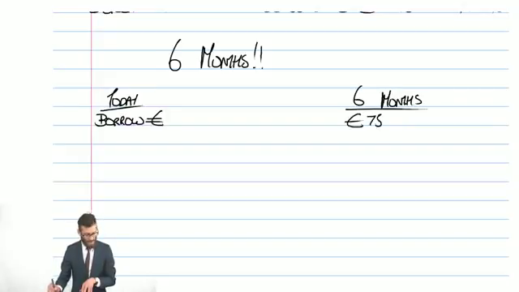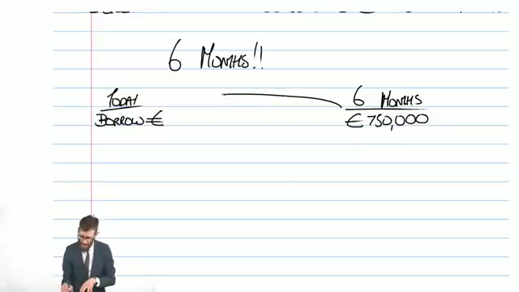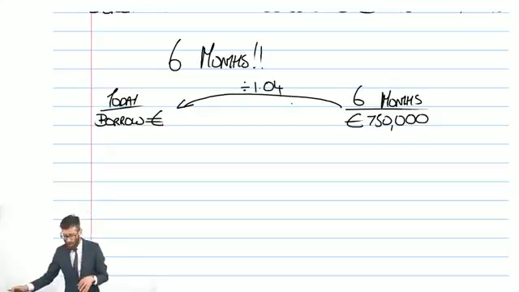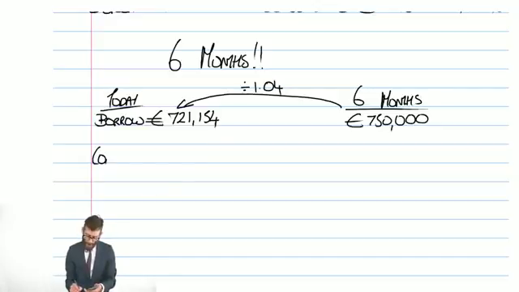I'm going to receive 750,000 euros, and I'm going to earn, or rather I should stress, I'm going to be charged interest. So to understand how much I can borrow, I divide the 750 by 1.04. The 750 divided by 1.04 gives me 721,154. I'm going to convert that at our spot rate of 2.349, meaning I can place on deposit today dollars